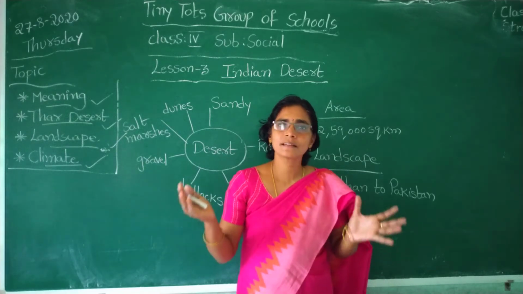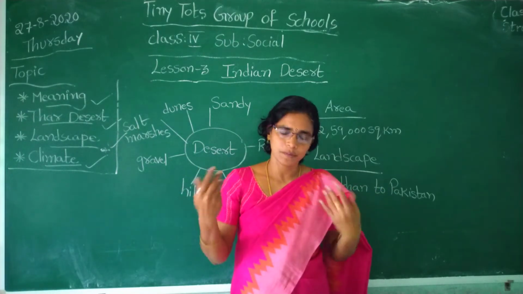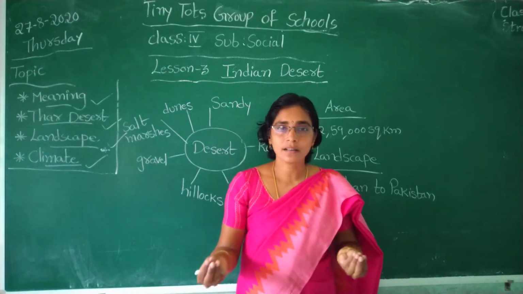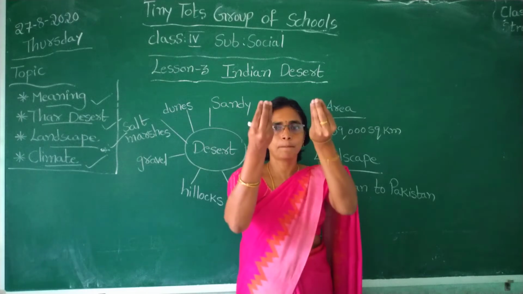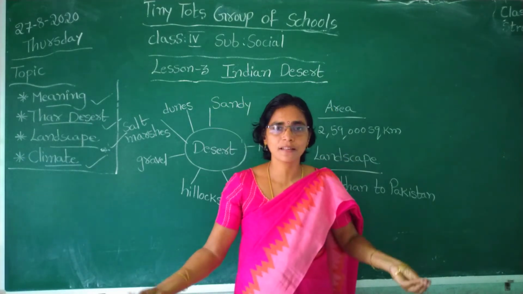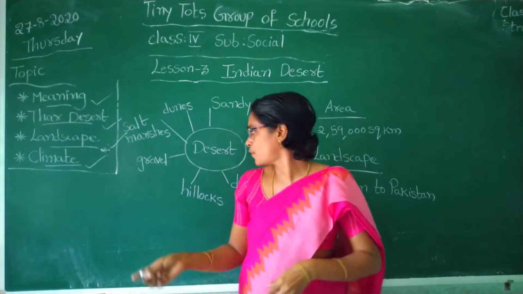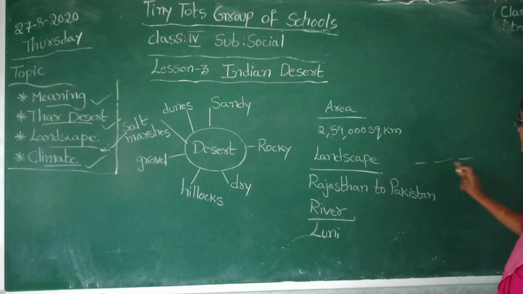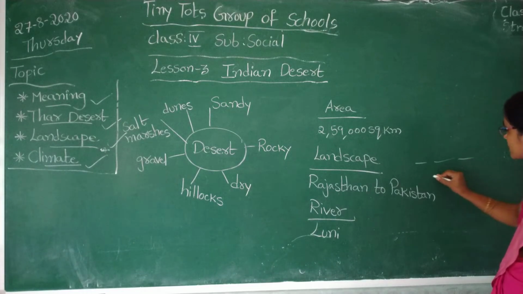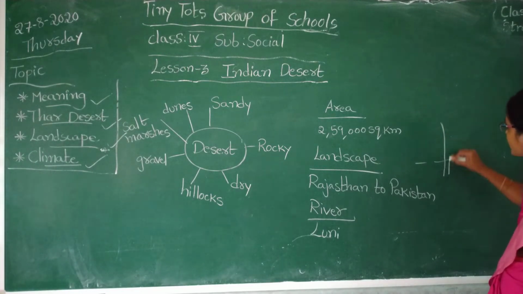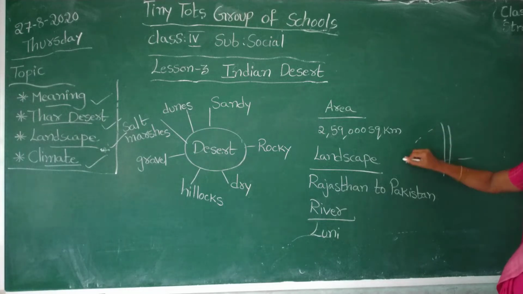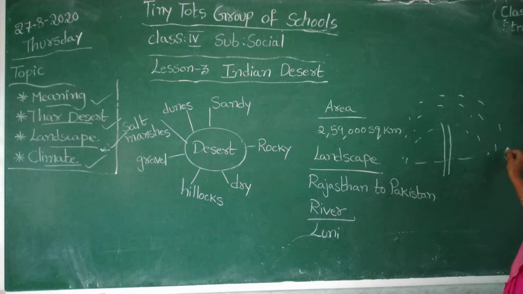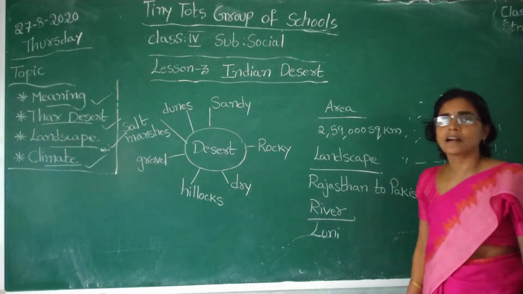In some places of the desert, our Indian desert or in any other desert, underground water will come out like a pipe, in the form of a spring, like this. Look at the children. See, imagine this is the land. This underground water comes like a spring, and this water will pour like that. They will cover some place outside. This is called oasis.